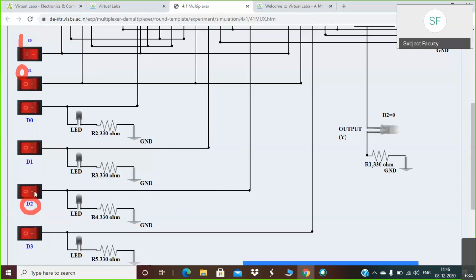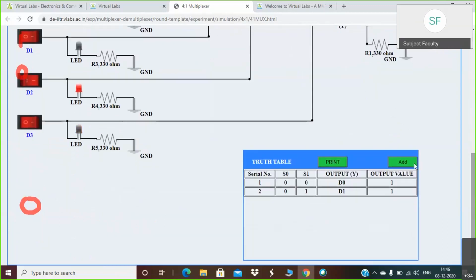Now I am making this D2 LED on, so you can observe the output LED will become on. Again I will add this reading. The third reading is S0 is 1, S1 is 0, input selected is D2 and output value is 1.